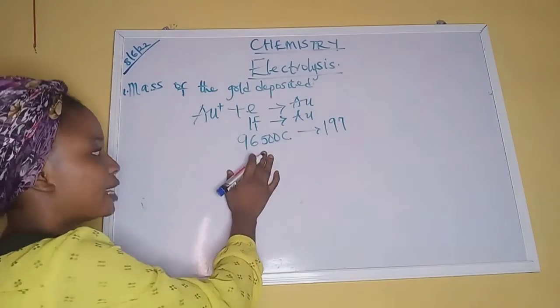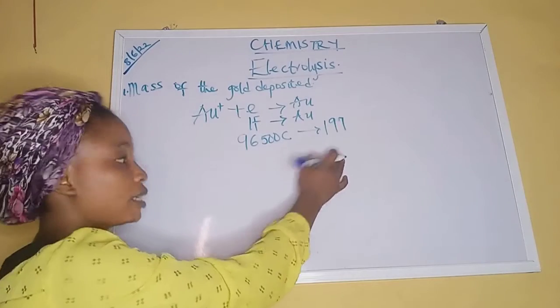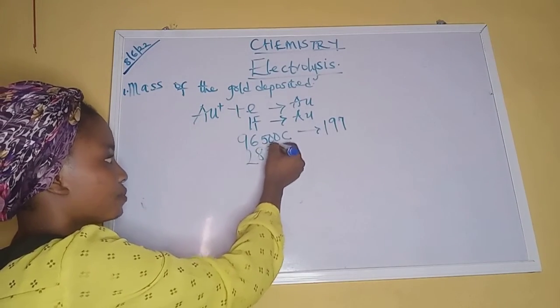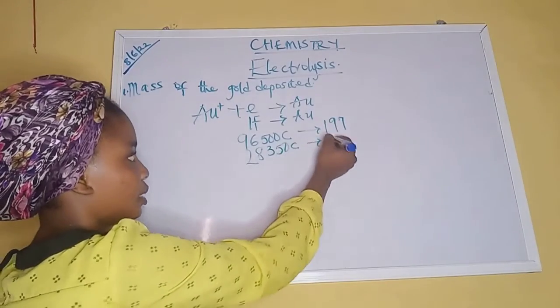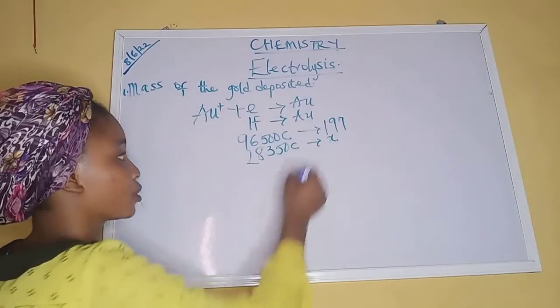So, if 96,500 coulombs can give us 197 grams of gold, how much mass would 28,350 coulombs give unto us? That is actually the mass we are asked to calculate. And therefore, when we cross multiply,